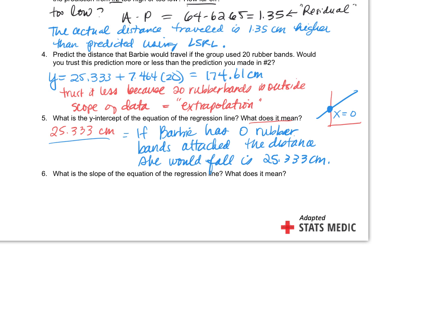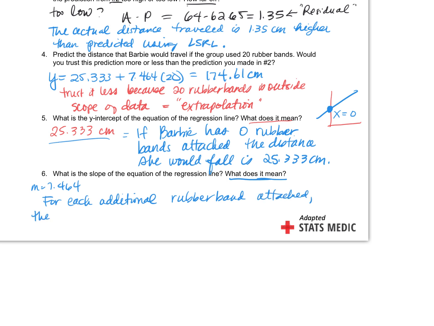Slope of the equation. What was our slope? 7.464. All right. Now, what does this mean? This is where the context comes in. All right. So here's how you would say it. I'm thinking. For each additional rubber band attached, the predicted distance traveled